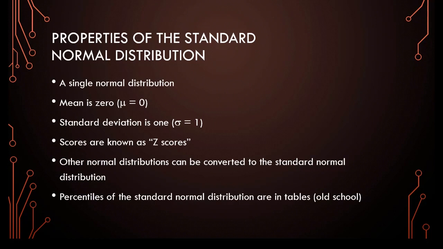Consequently, the standard normal distribution has less importance than it used to. Now you'll still hear it mentioned, and people will still refer to standardized scores as z-scores, so it's important to know what they're talking about. Your next mission, should you choose to accept it, will be to learn how to use R to calculate percentiles and percentile ranks on a normal distribution without converting to z-scores. If you're willing to watch more videos, I'll show you how to do this.